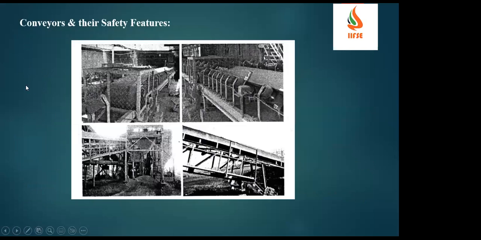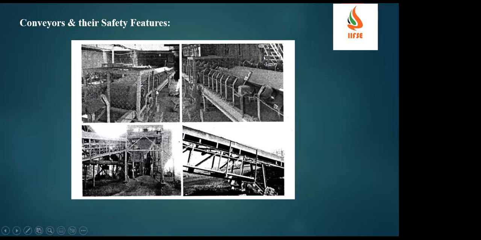These are some of the conveyors and their features, different conveyors. And these conveyors are also very dangerous. We should have proper guarding, and here also we need to put a pull tag safety device. There will be a pull tag with a wire rope. They will put it along the length of these conveyors. At any point of time, if the people are entangled with these conveyors, if they